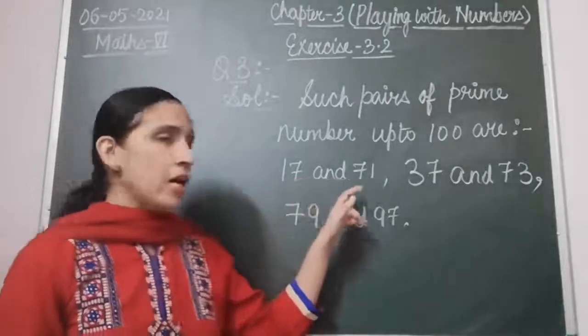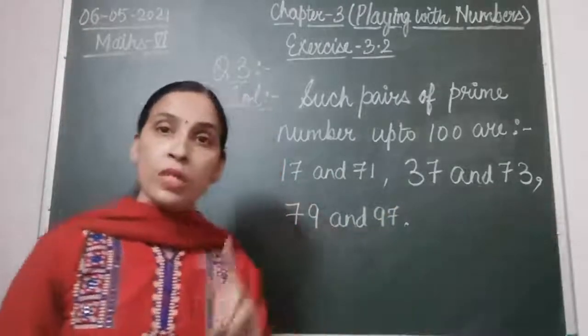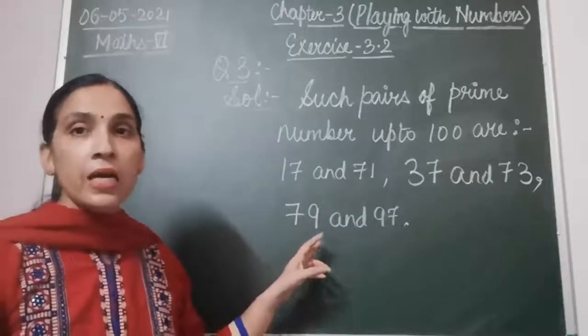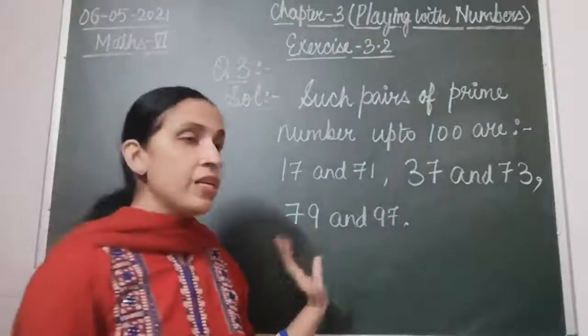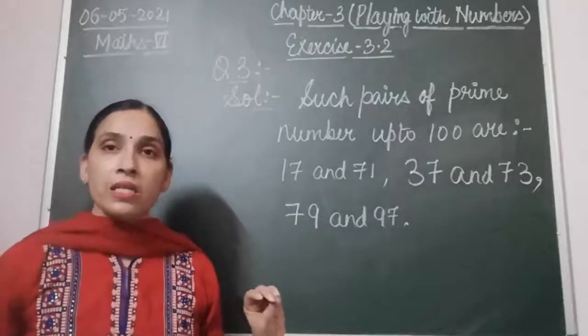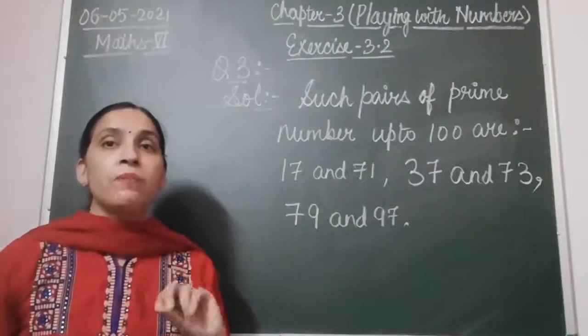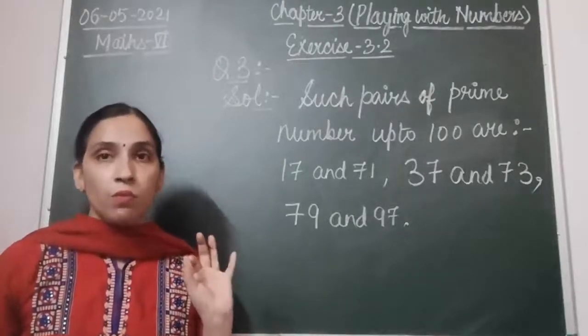That is 17 and 71. 37 and 73, both are prime numbers and forming with 3 and 7 only. 79 and 97, both are prime numbers forming with 7 and 9 only. So that is your question only. Question 3 is asking that 13 and 31 both are prime numbers, in which 1 and 3 are the only common digits